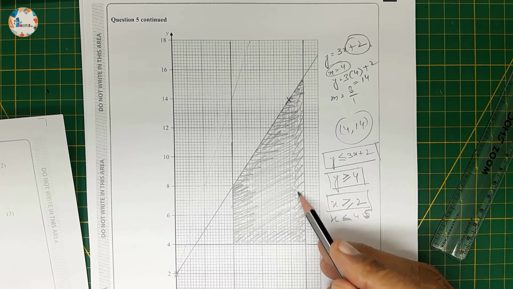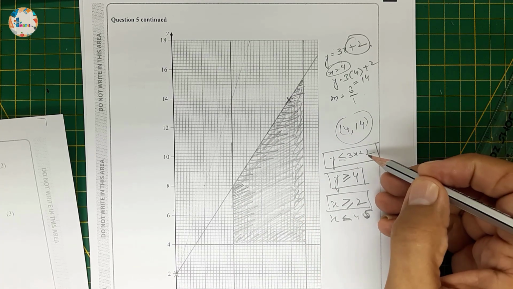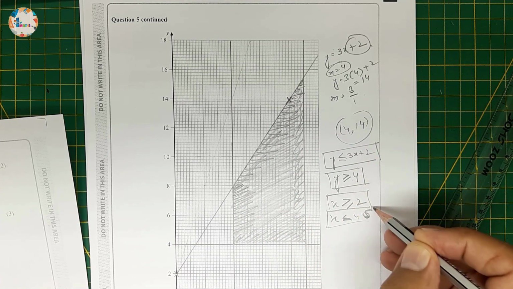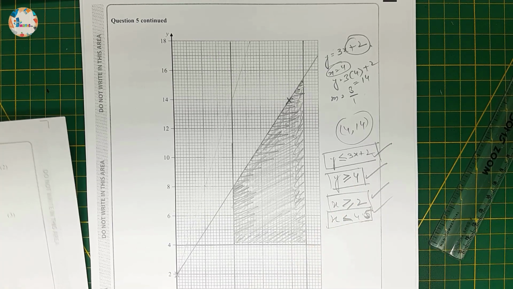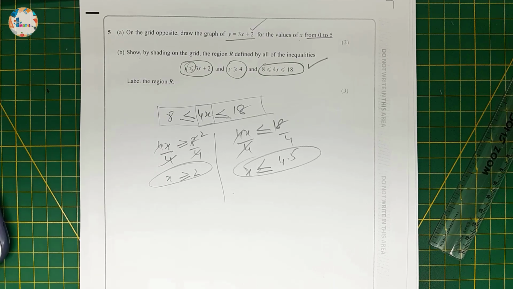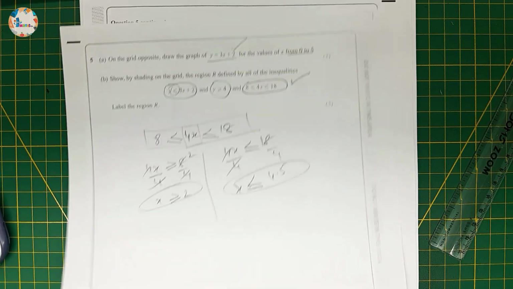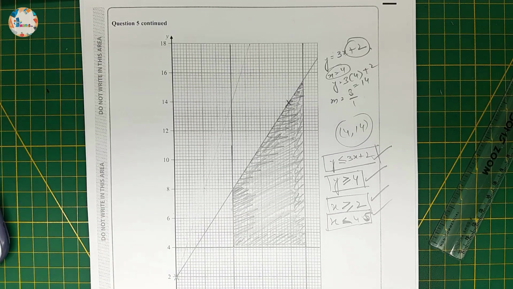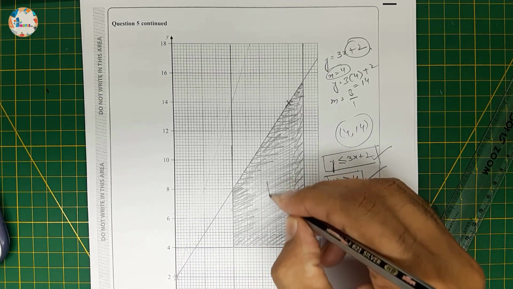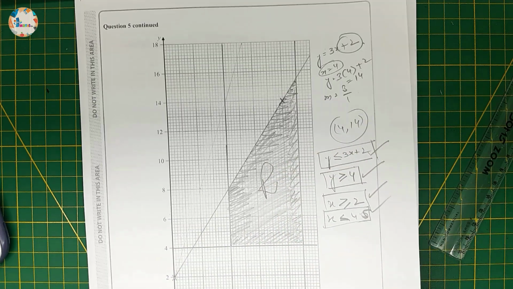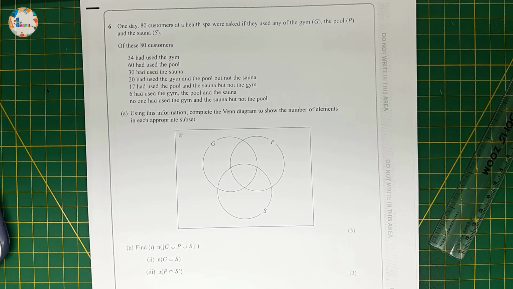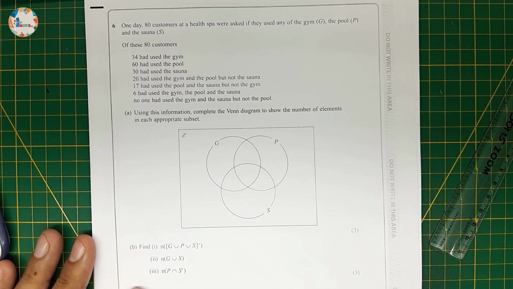So we are done with this part. Basically 1, 2, 3, and this is the fourth inequality which we have to shade, and we have identified these inequalities from this given data, and also we have shaded this, and this is basically the region R. We can write here region R. Hopefully you got this. Now this is question number 6, which is a Venn diagram question, and this is saying